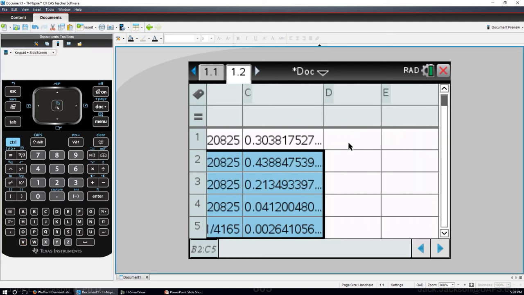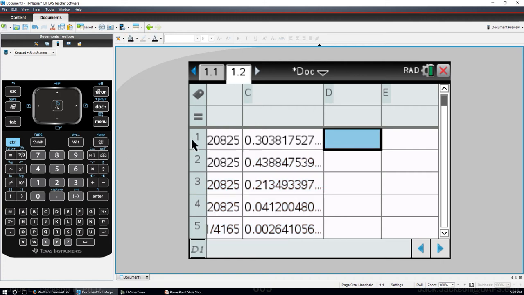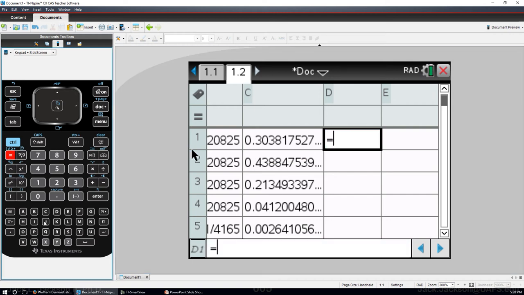For the CDF, I have a couple of options. One is I can do a cumulative sum of that one, just like I did on the other calculator. But I also have a CDF function that I've programmed in, so let's use it. Equals, let's make sure it approximates this time. A-P-P-R-O-X. I'm sure you can get that from a menu somewhere too, but I could just type it in. Approximate, HGCDF this time